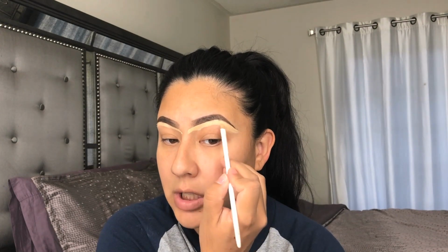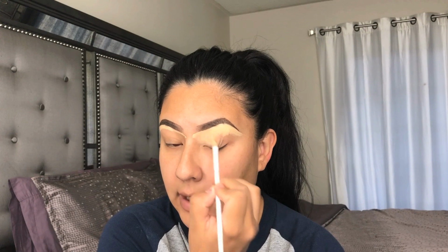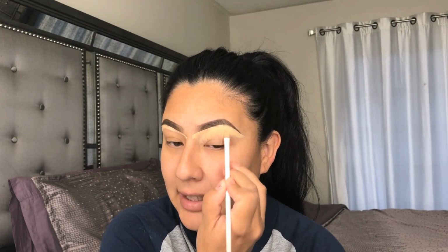As you can see, I did use a good amount of concealer because I'm gonna drag it down and put it all over my, I was gonna say my eyeball, all over to the top of my eyelid, because I'm gonna use it as a base for my eyeshadow. Just put it all over